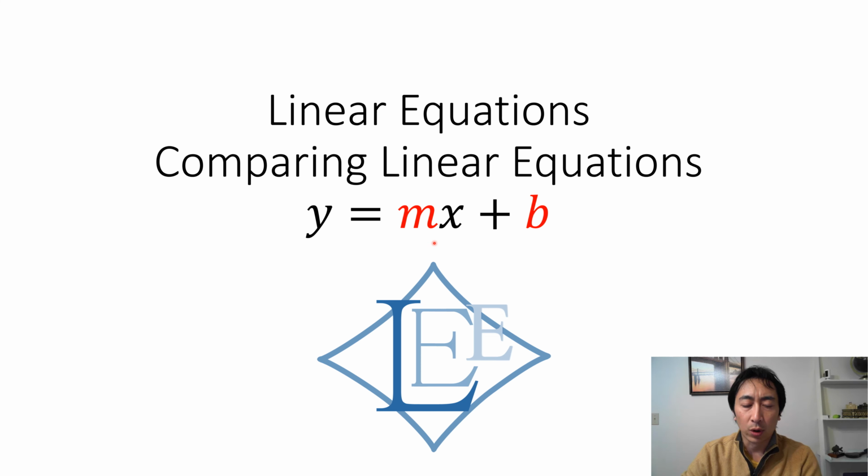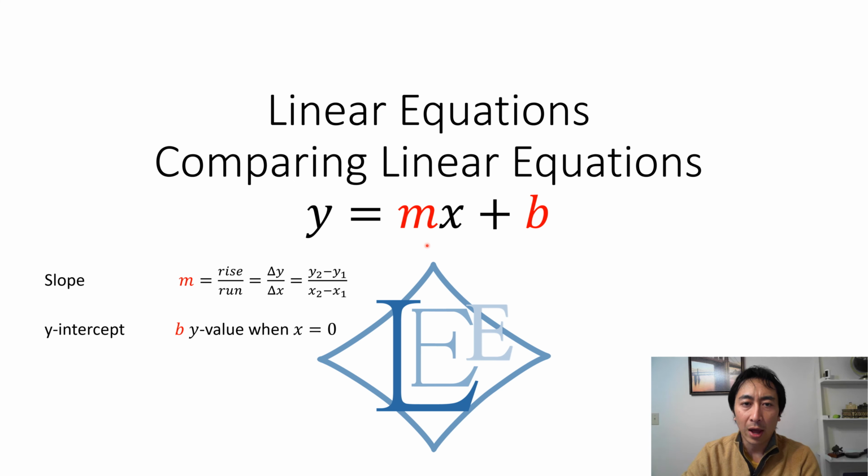When we look at linear equations, it's not only important to know how to solve for the slope and y-intercept, it's also important to understand what happens when we change the slope or when we change the y-intercept. That's when the linear equation becomes really powerful. In this video, we're going to look at what happens when those two parameters change. Then we'll also look at what we can say when we compare two linear equations just by comparing the slopes